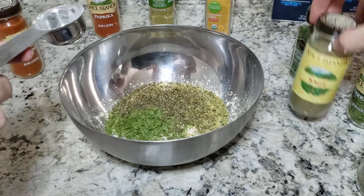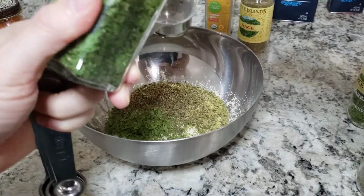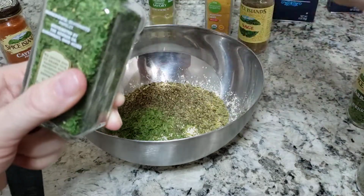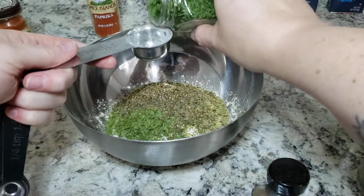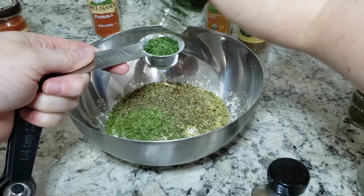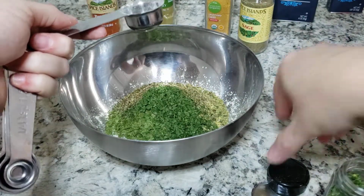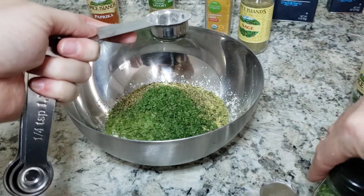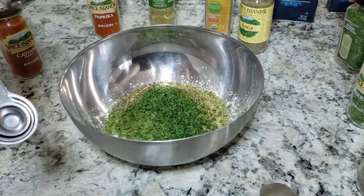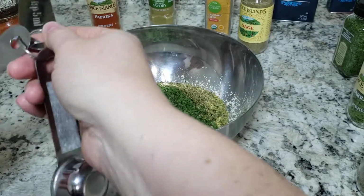Now, okay. Parsley, whole parsley. And hopefully this one is open. No, it's not open. Okay. Anyway, so that's all the whole stuff. Now we're going to go to a teaspoon of the powder stuff,